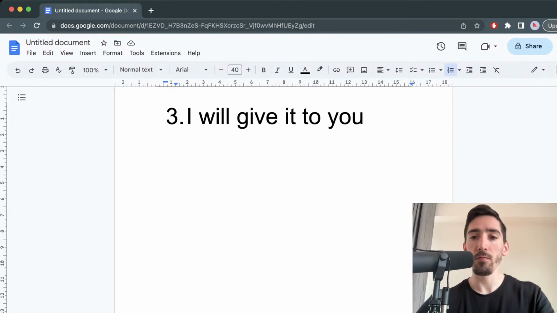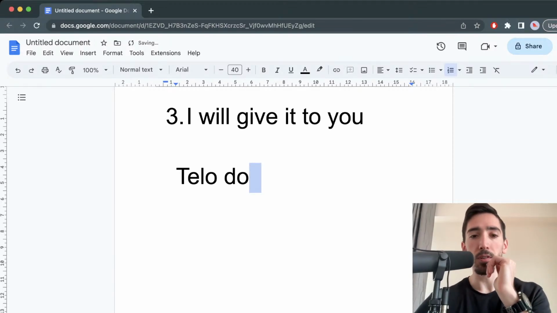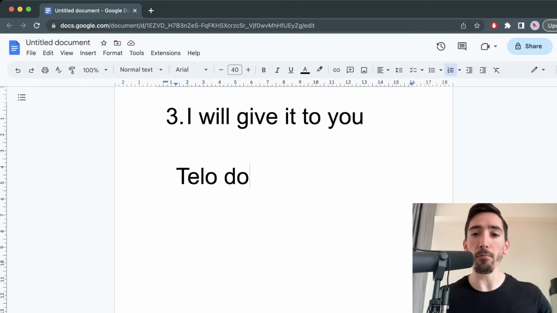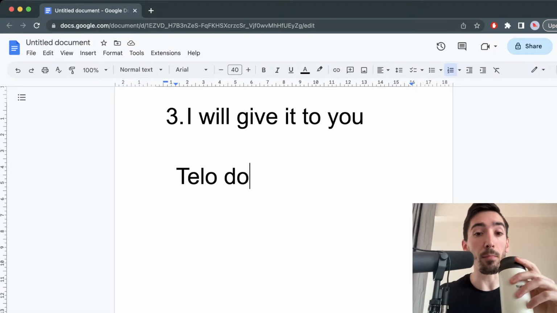Okay, so we have one first version, one first try. Te lo. I just want to make sure that I get the te lo do. Te lo do. So this is an attempt. Feel free to get it wrong, by the way. Get it right, get it wrong, it doesn't matter. The only thing that matters is that we understand everything by the end of this lesson.